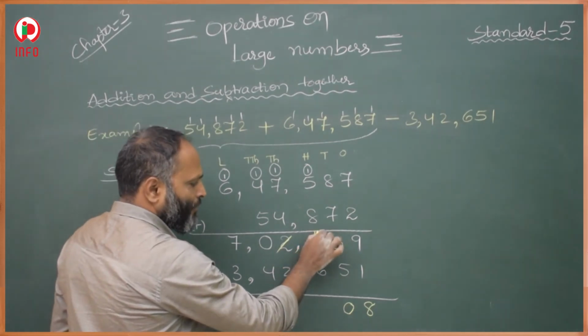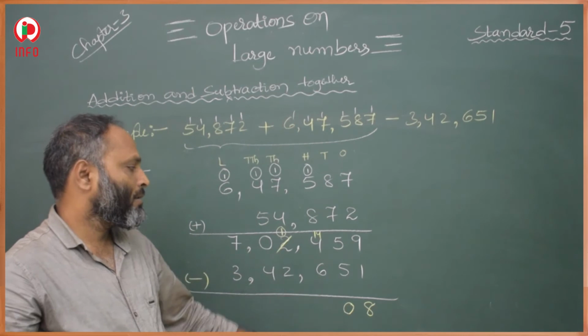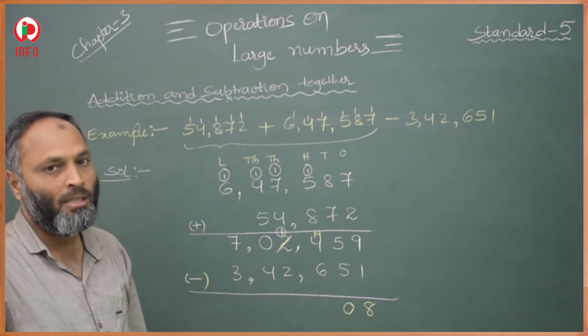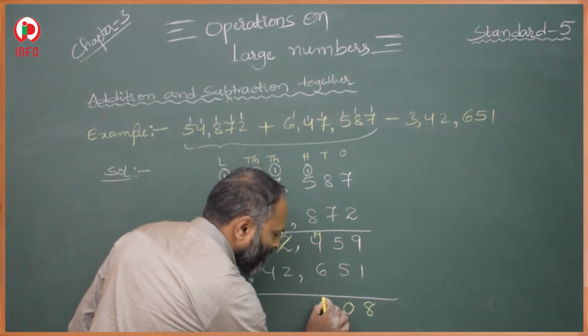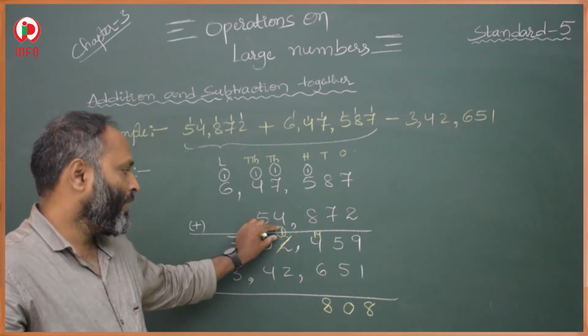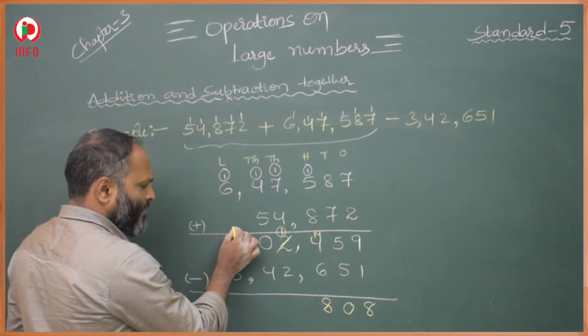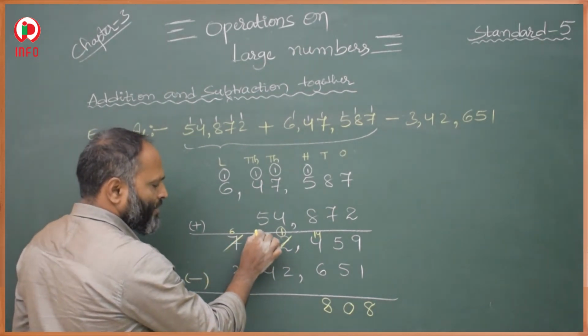So it becomes 14, and the other becomes 1. 14 minus 6 is 8. Now here 1 and 2. Minuend is less, again we have to take borrow. Borrow from here. 7 becomes 6 and 1 becomes 10.